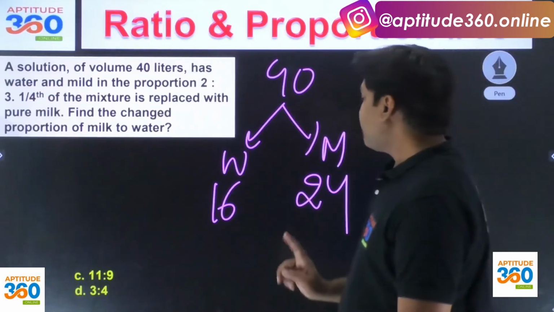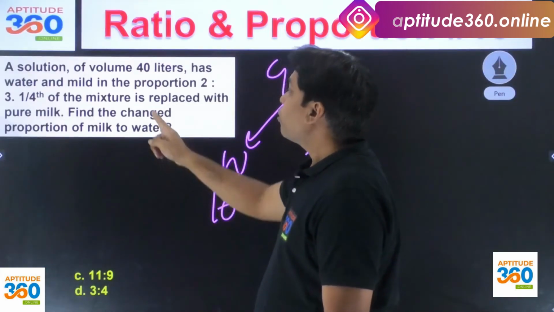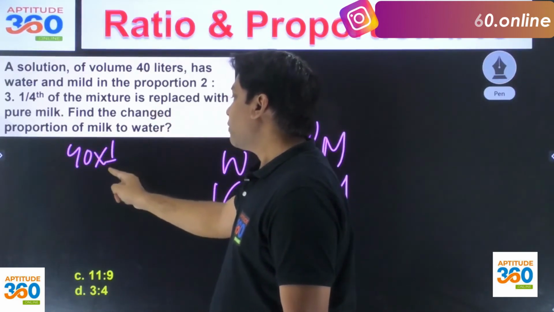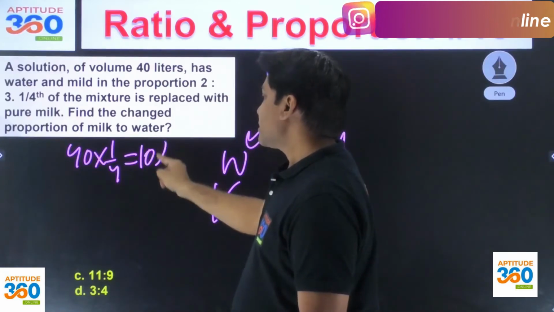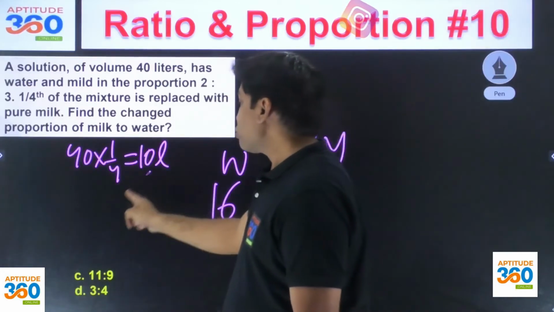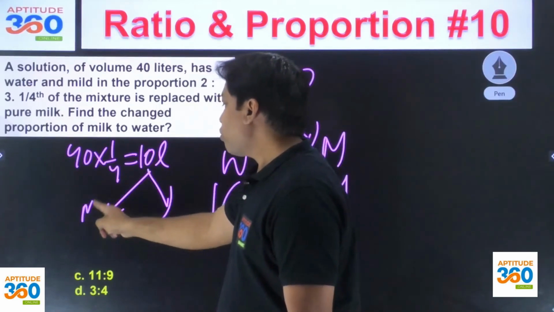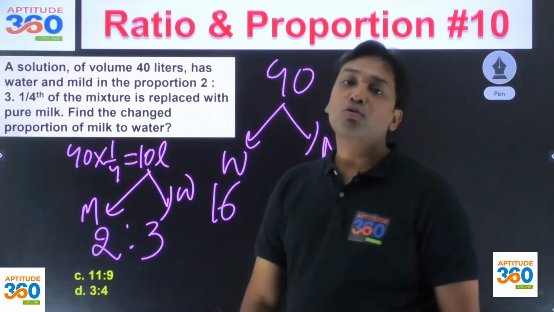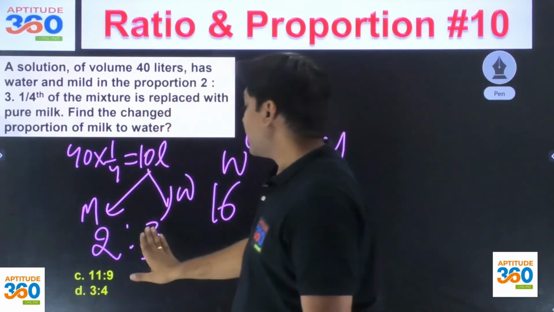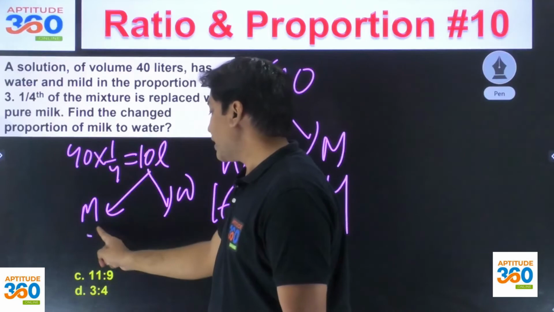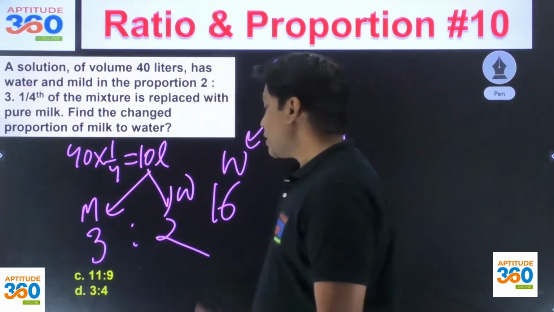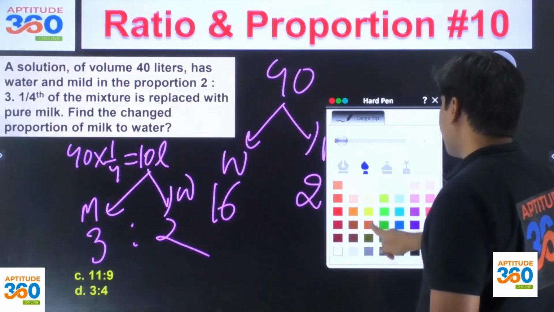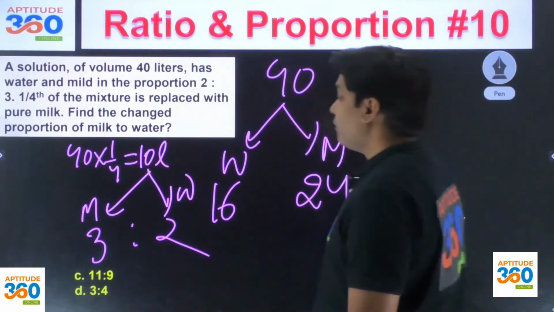It says 1/4 of the mixture is replaced. अब आप देखो ना 1/4 अगर आप निकालते हो तो 1/4 का मतलब कितना हो गया, 40 लीटर्स का 1/4, आपने निकाल दिया 10 लीटर्स। अब 10 लीटर्स में कुछ तो मिल्क भी निकल के जाएगा और कुछ वाटर भी निकल के जाएगा। मिल्क और वाटर किस रेशियो में निकल के जाएगा, 2:3 रेशियो में निकल के जाएगा। वाटर एंड मिल्क, सॉरी देखो यही गलती होती है। So milk and water will be 3:2 ratio, इसी रेशियो में निकल के जाएगा।